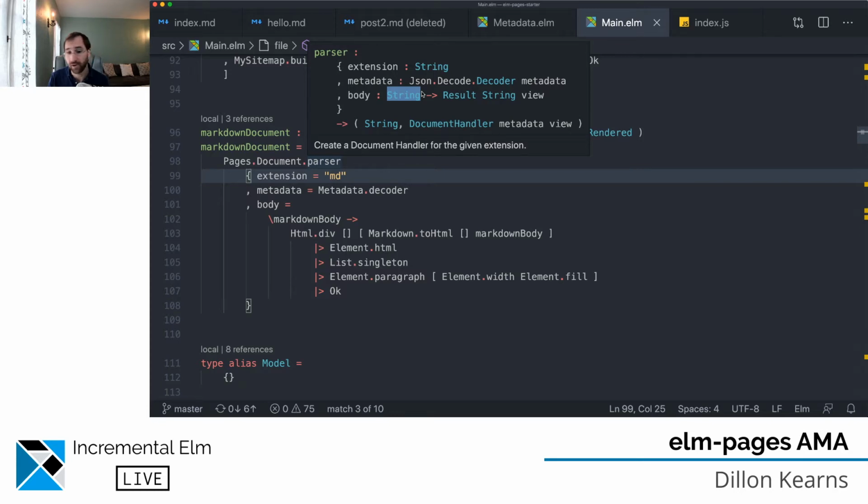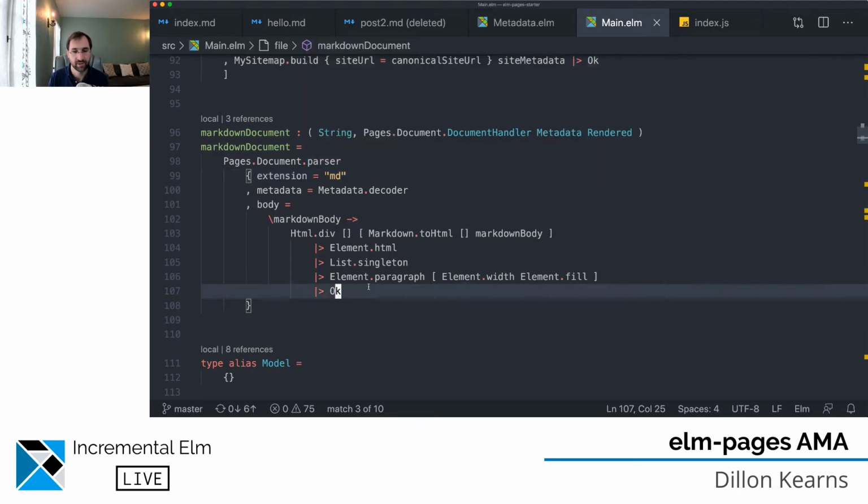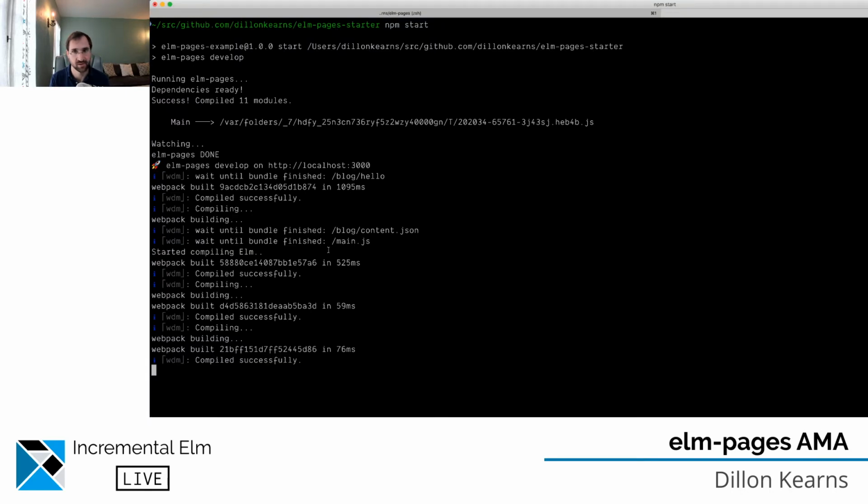You could have a hard-coded thing. You could have your own custom thing. You could define a parser. You could parse, I don't know, whatever format you could imagine, AsciiDoc, or some sort of data format. So it's completely in your hands. So if we wanted to do syntax highlighting in a different way, we could do that. So another way to do syntax highlighting in elm-pages,